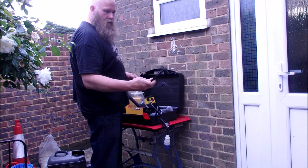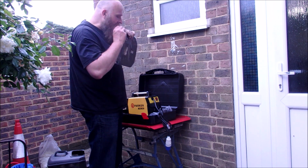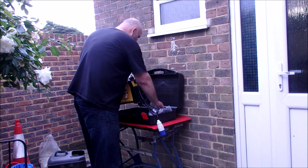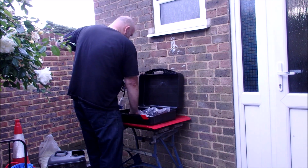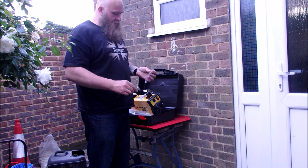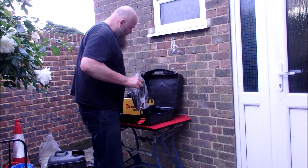So we have the quality brush and a quality slag hammer. We have the handle, the cheapest mask going. It's one of those make your own with a handle, but I bought one of those, so I'm not going to make those. I will get another one of these, and the instruction manual, and that is it. So I've got a darkening piece there, and I've got a clip again for the mask, which I'm never going to use. So take that away, take that away,